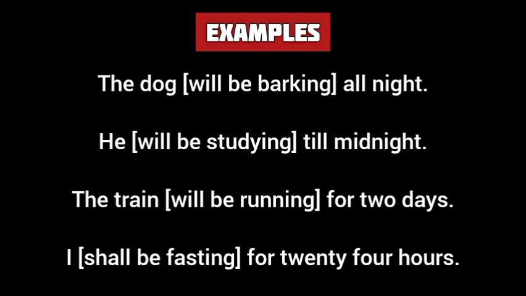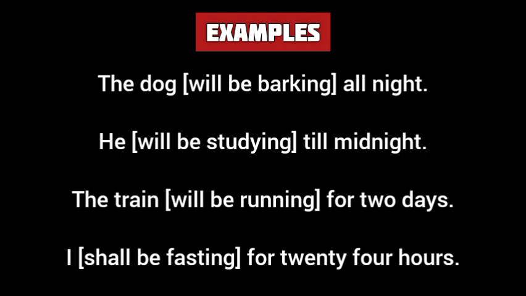The dog will be barking all night. Here the verb is will plus be plus the ing form of bark. So will be barking is in future continuous tense. It shows that the act of barking by the dog will continue or go on throughout the night. In the same way, he will be studying till midnight. Here the verb is will be studying. It is in future continuous tense. It shows that in future the boy will continue to study for a length of time,